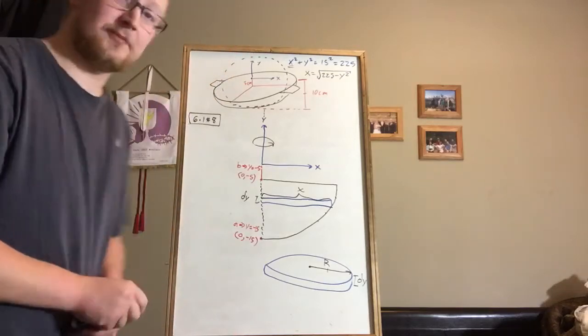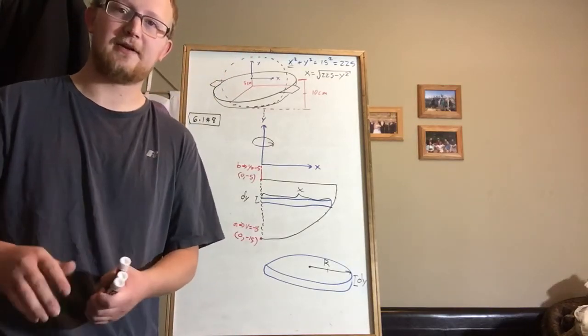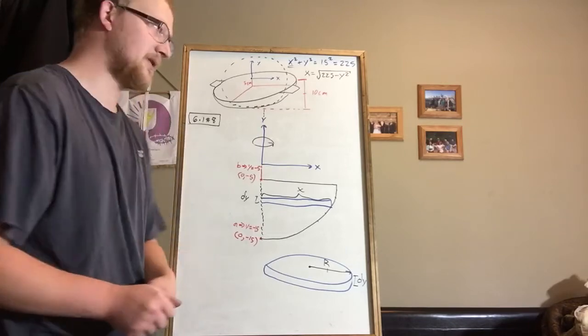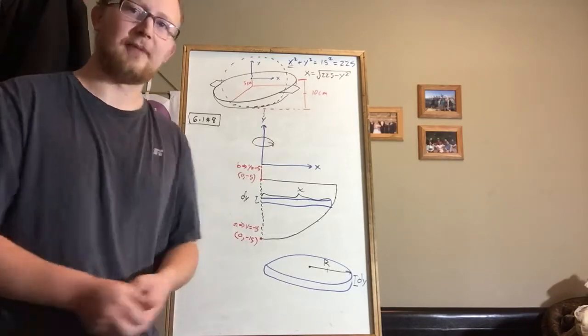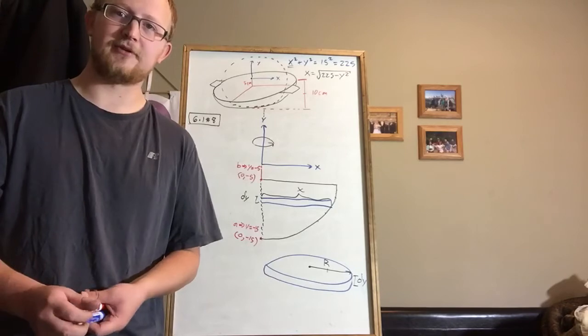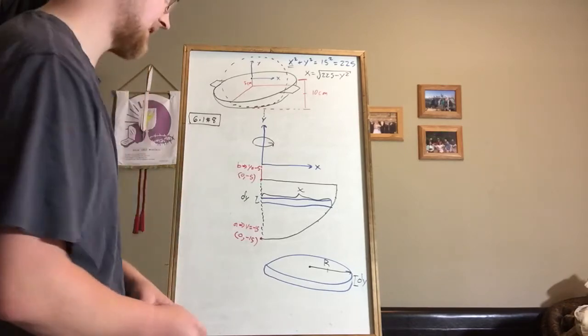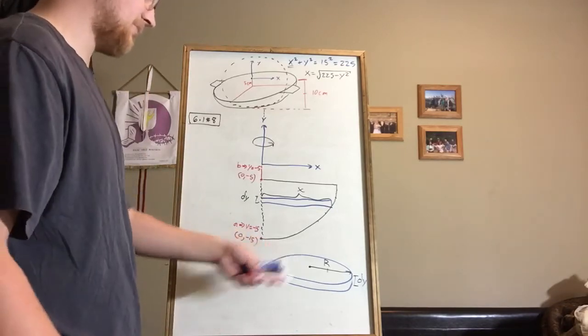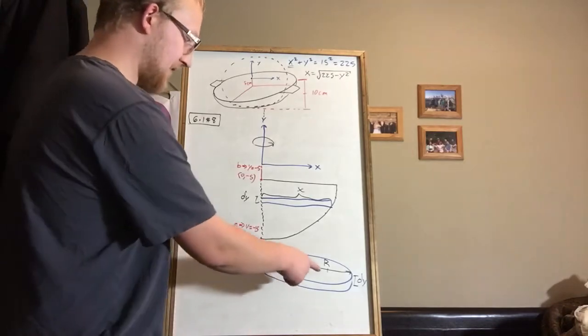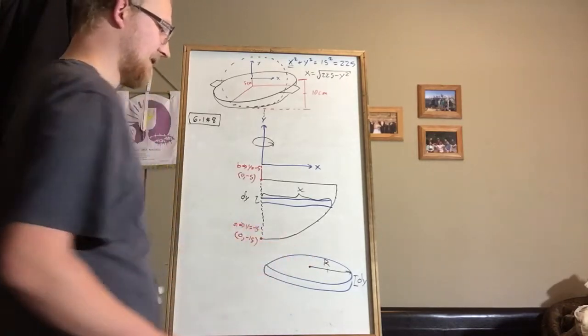Alright, we're back with 6.1 problem number 8. I've already done half of it. As a matter of fact, I recorded the whole thing. But when I looked back at my camera, it had stopped recording for some reason, so I have to redo the second half. Alright, so anyways, when we left, we were talking about the radius here, and how could we